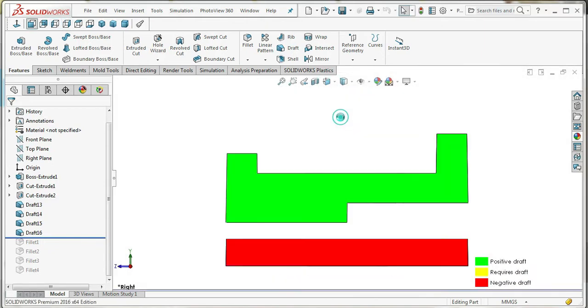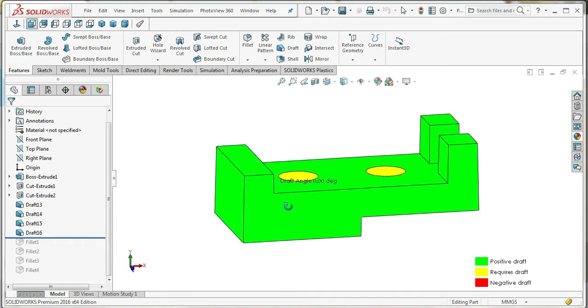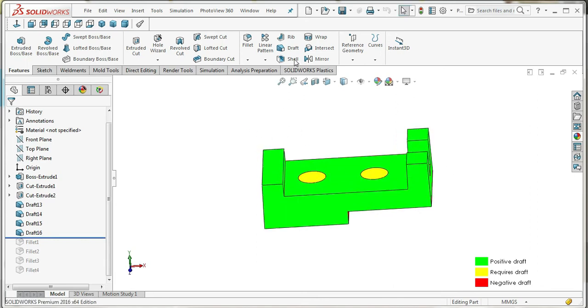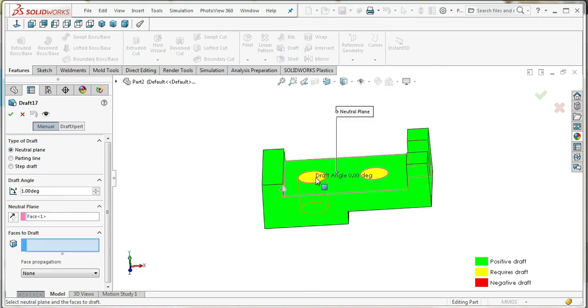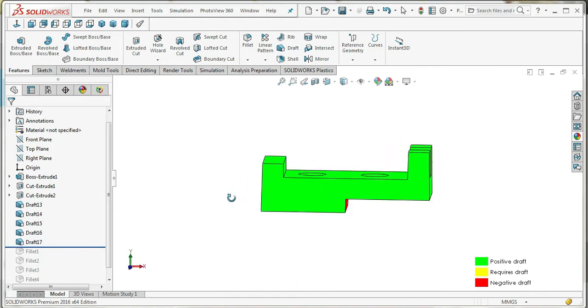Change the view direction. Just want to check it for removal of the fixed die and movable die. Again for the interior, select a draft and select the 2 holes. Okay, now it is completed.